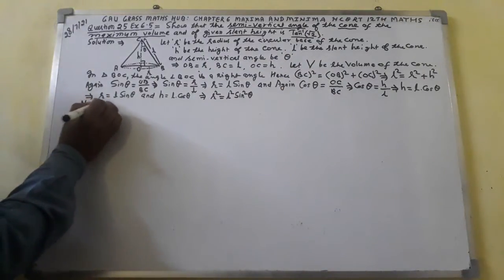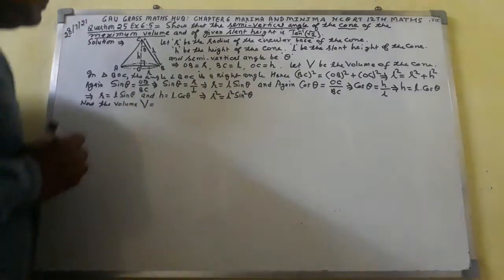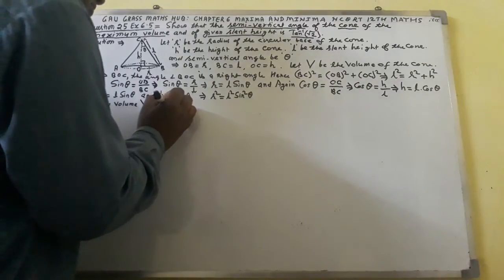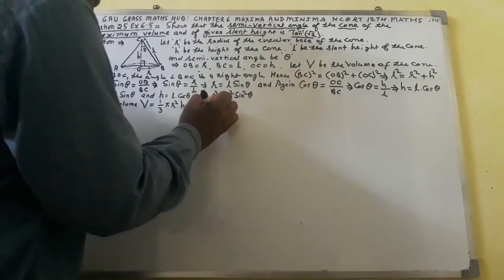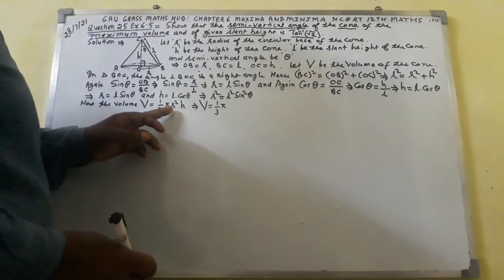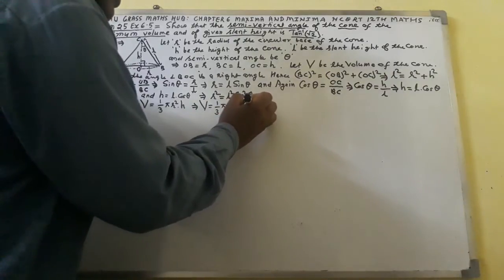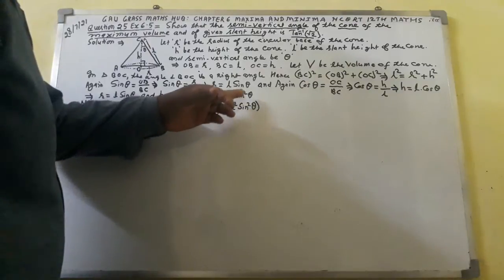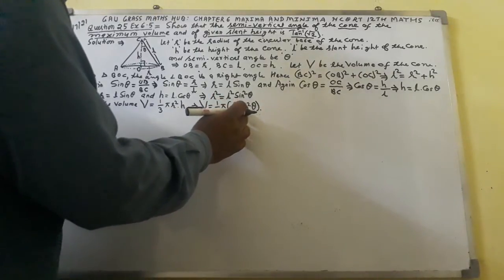Now what to do next? Next I shall write the volume. Capital V is equal to 1/3 pi R squared dot H. This implies V is equal to 1/3 pi, and in place of R squared I shall write L squared dot sin squared theta, and in place of H I shall write